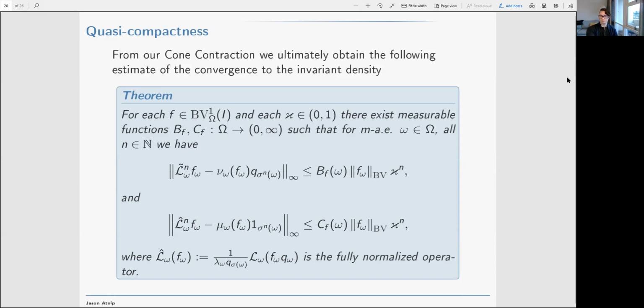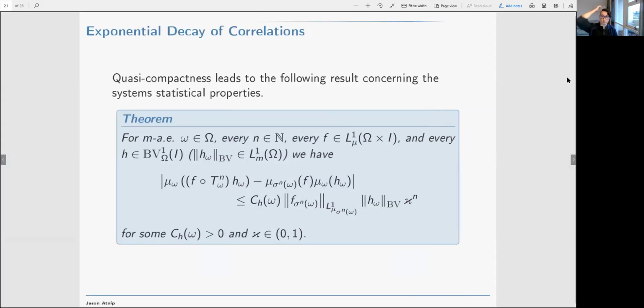And here, for the second one, we have this in terms of the L hat operator, which is our fully normalized operator. The important thing about this L hat operator is it sends the one function to the one function, just like the Perron-Frobenius operator would. Okay. So now, using this quasi-compactness, we are able to get that the invariant measure mu satisfies